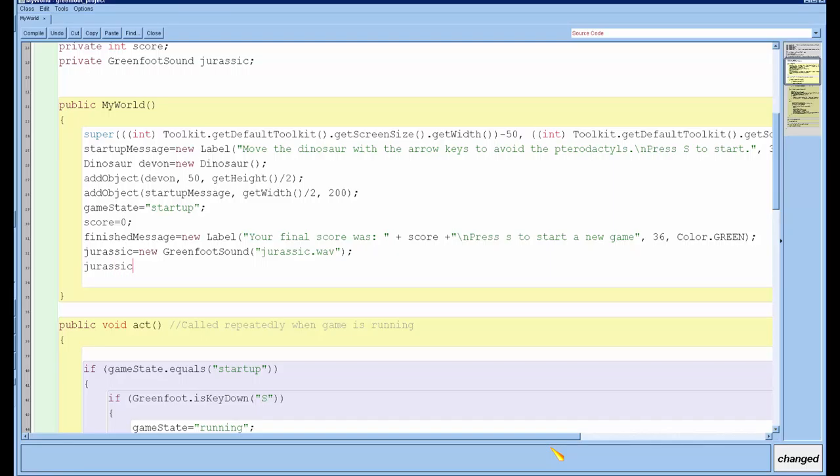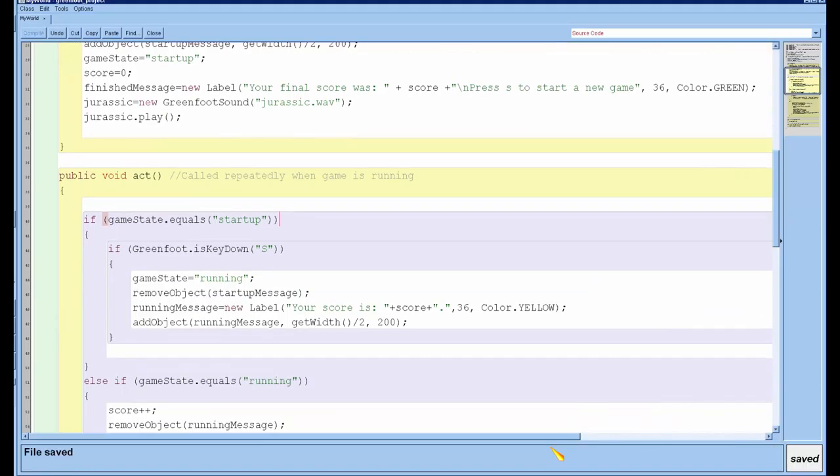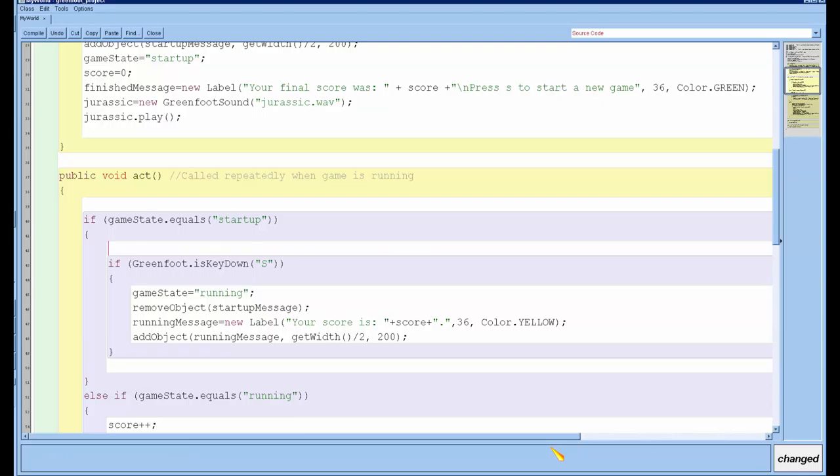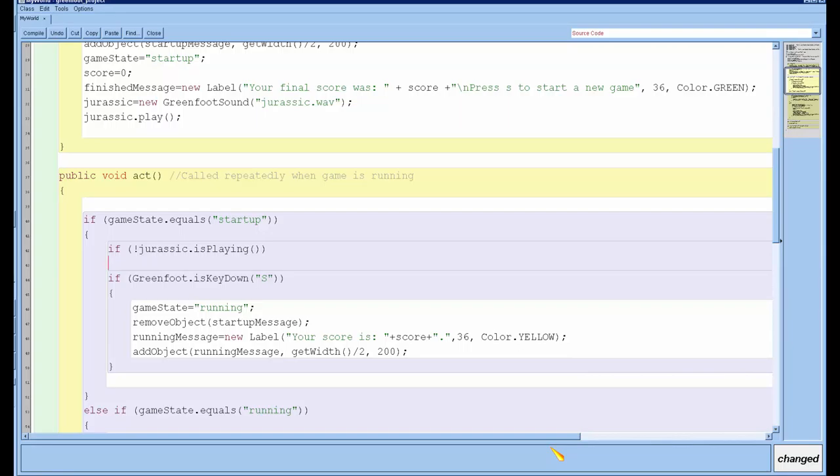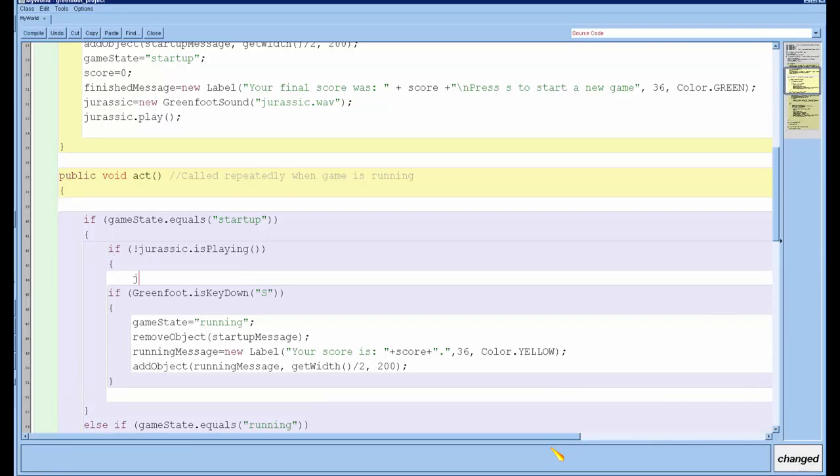I'm just going to say Jurassic.play, and then when the game is in startup mode, so that it will continue to play, I will say if not Jurassic.isPlaying, then Jurassic.play.